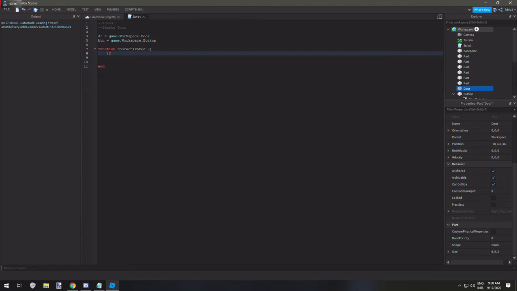So we're going to type if dr, which is just repeating this information here, dot can collide, and then we're going to use a double equal to check if it is true. Then we'll just put a comment, door closed, and then we're going to type in for an else statement. So this else statement here will just allow us to run code if the door is not can collided. So let's see, we're going to type dr.transparency equals 0.8 and